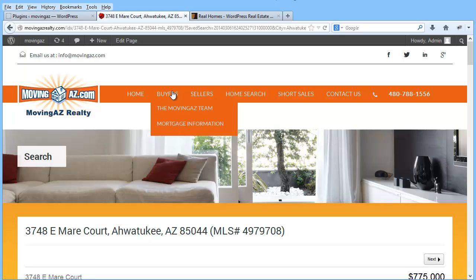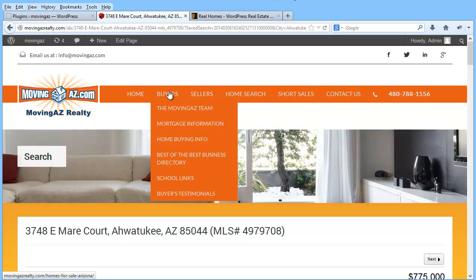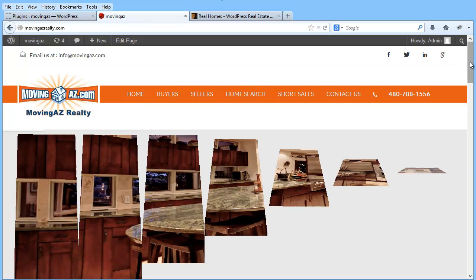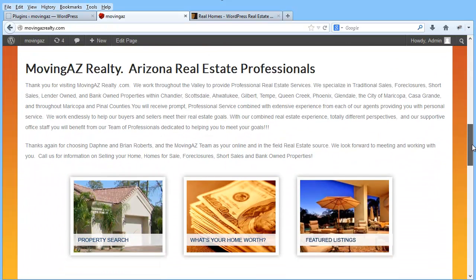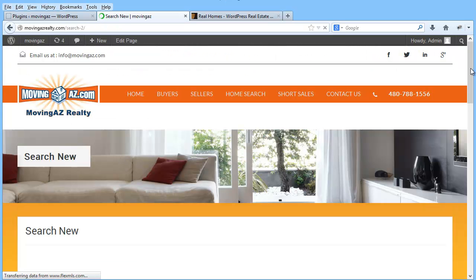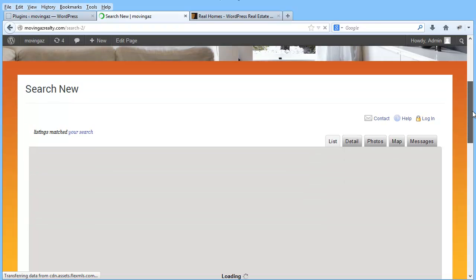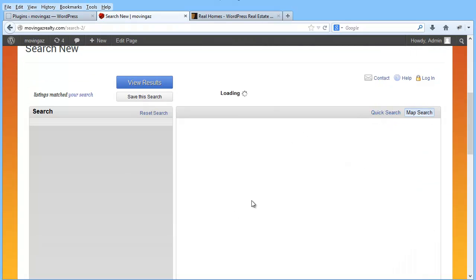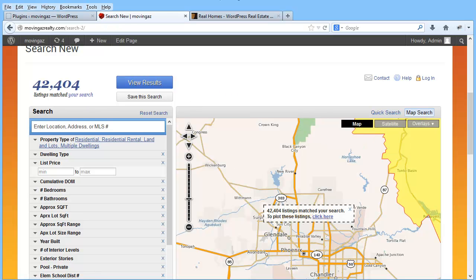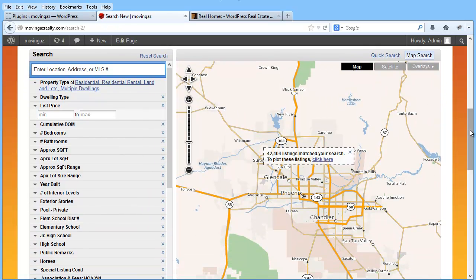Let's go back to, well, so that was following that particular search. Now we're going to go back to the home page. Now we have an advanced search setting which shows maps and more information. And that's this button right here. We have property search. That's going to show the Flex MLS detailed search. This search versus the ones that laid out and were very wide, took up the whole screen width-wise. But you have property search right here. And here you can type in